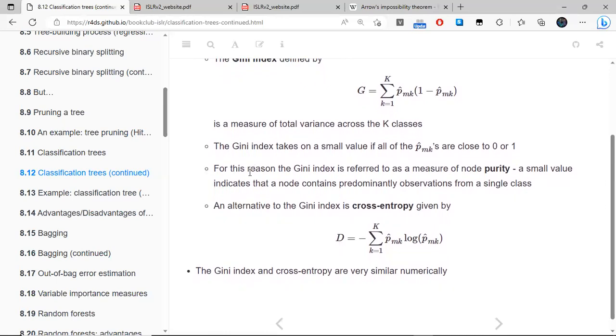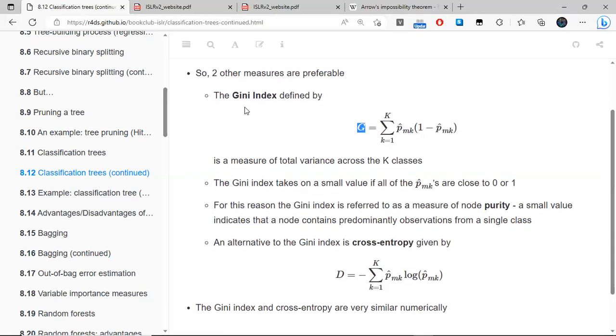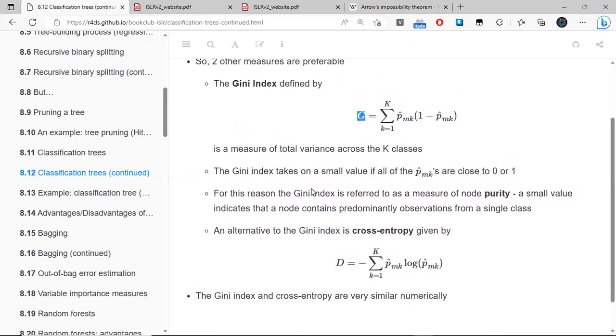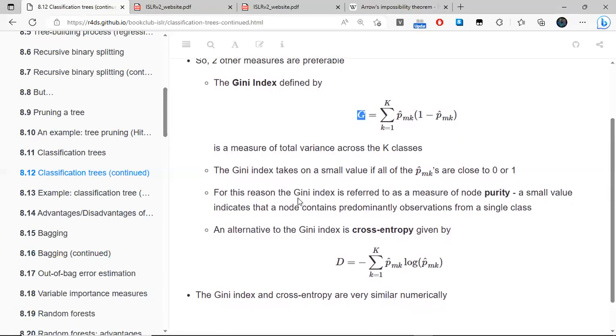There is an important interpretation for this value G, the Gini index. In the book and in the videos, they say that the Gini index is a measure of node purity, but perhaps it would be a little bit clearer to understand it as a measure of node impurity, because a lower Gini index means lower node impurity, and lower impurity